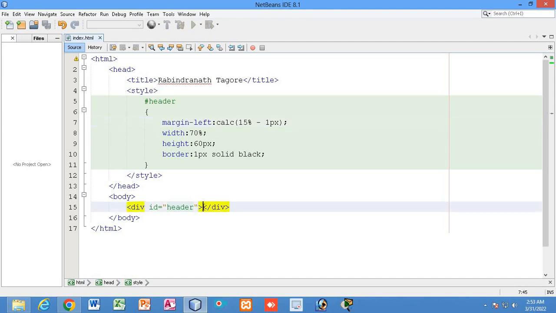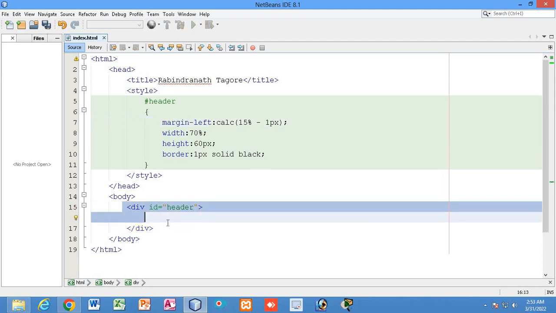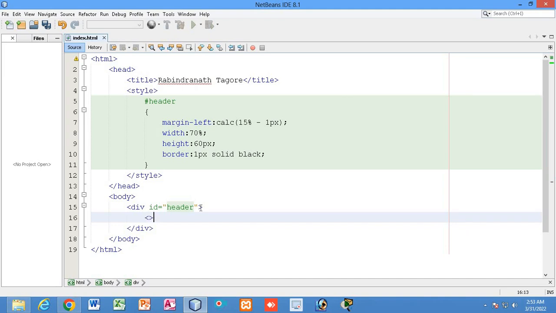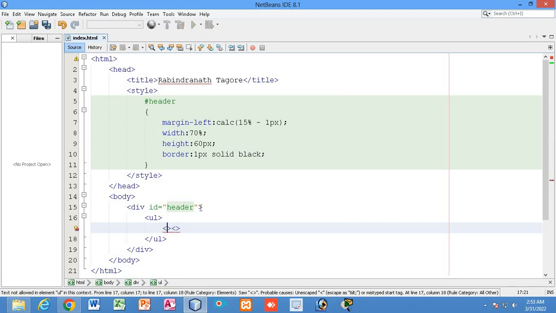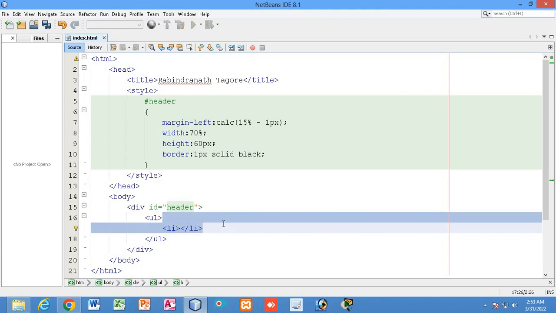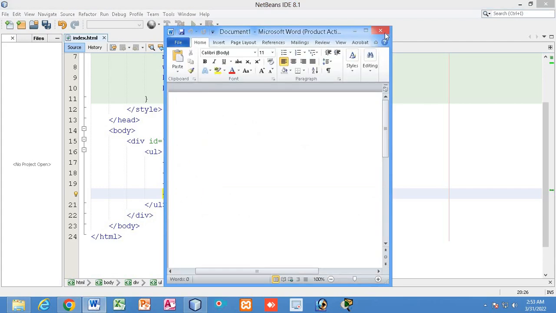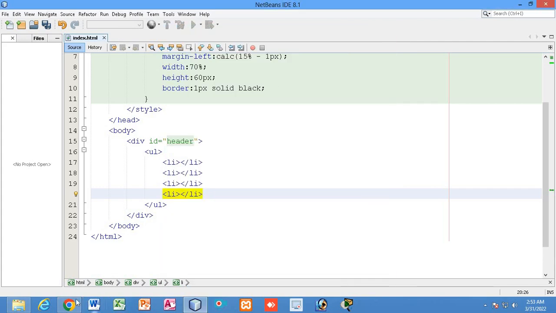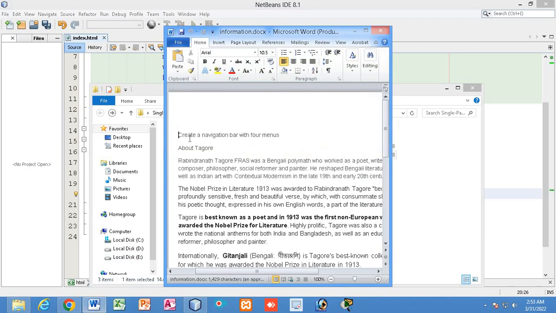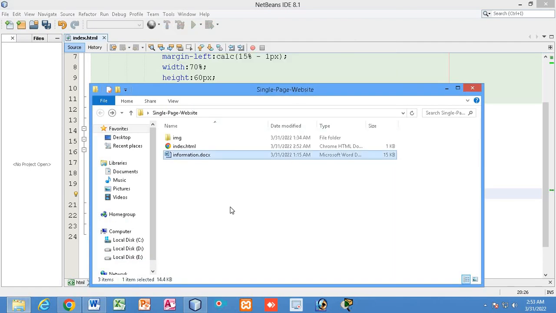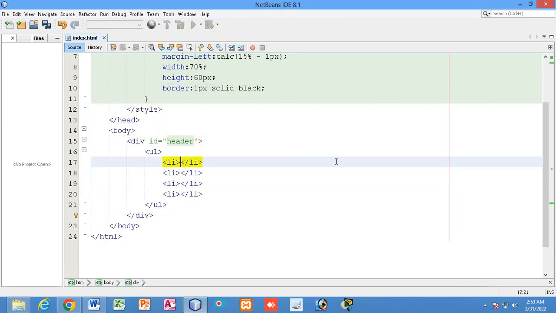Now inside this header div, I am going to create the navigation bar, a simple looking navigation bar. So I will take the unordered list, then list items. Using the unordered list, we are going to create the navigation bar, right? So I will take some information. Let me open the information. How many pages? We will take just 4 menu,